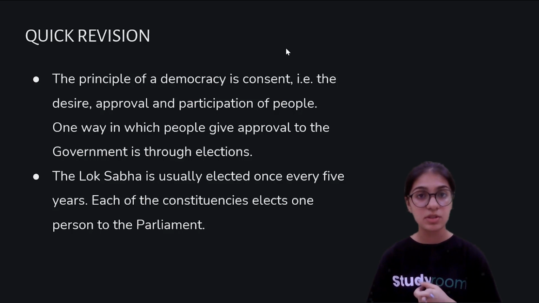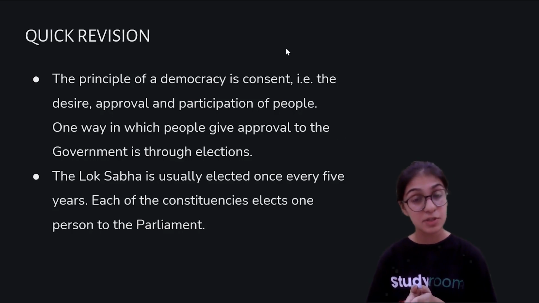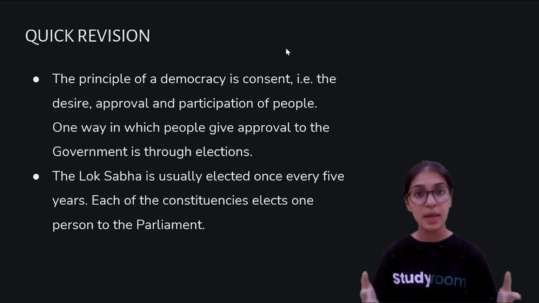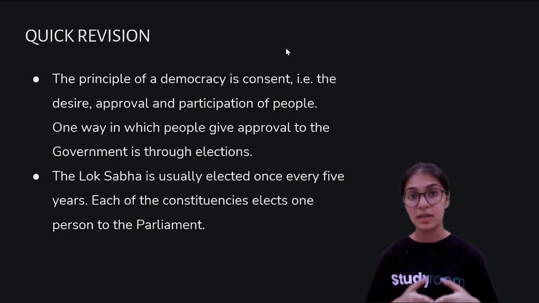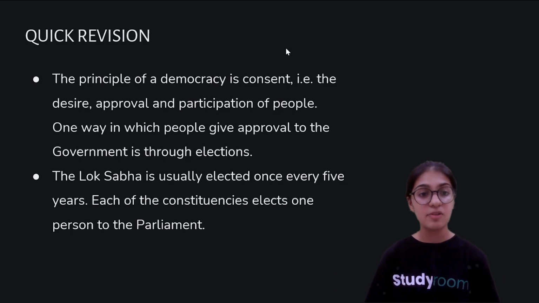One is through elections, the other is by forming groups and protesting, and the third could be by being part of social media, commenting, being active and criticizing, or even writing letters to the editor. These are the 3 to 4 ways I told you that a person could get involved and express their opinions to the government.